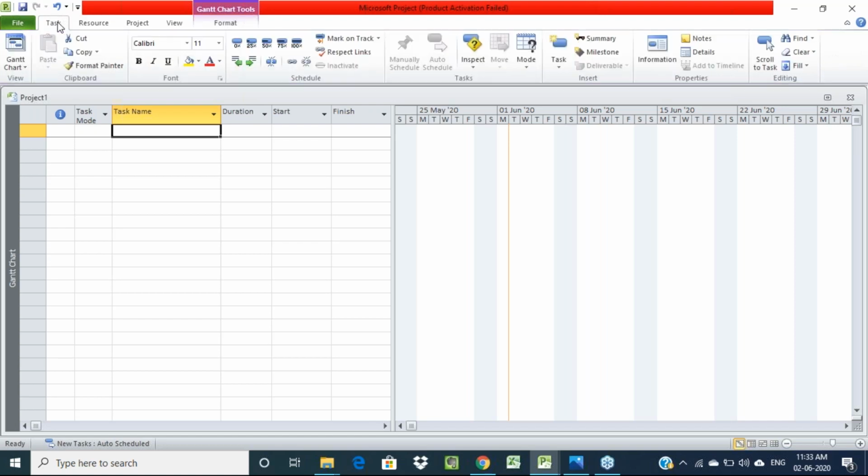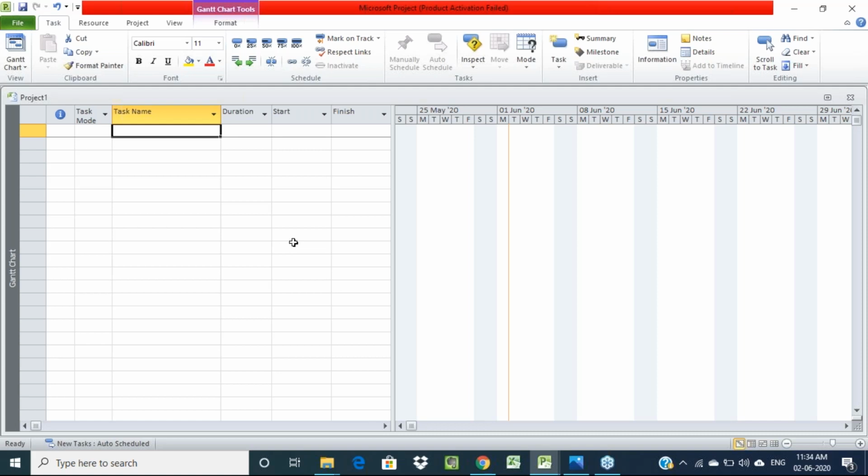Then first we have to start with our Excel sheet in this project. First we have to make a list of all the activities we are going to do in the project. For example, first I'll consider one small construction of a house. We will take construction of a house as an example. From that, we will discuss all the activities and all the procedures for Microsoft Project. How are we going to do it?